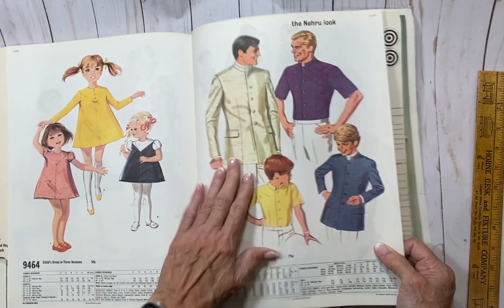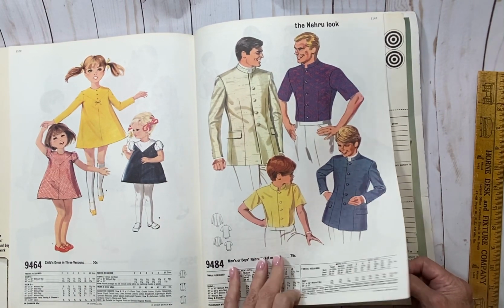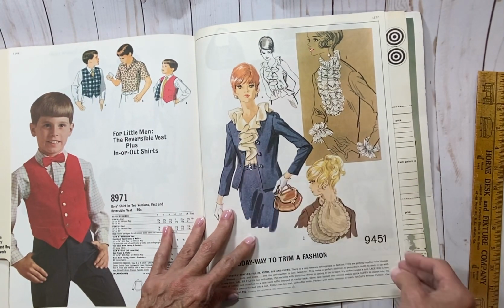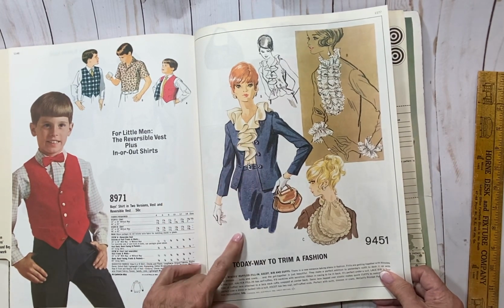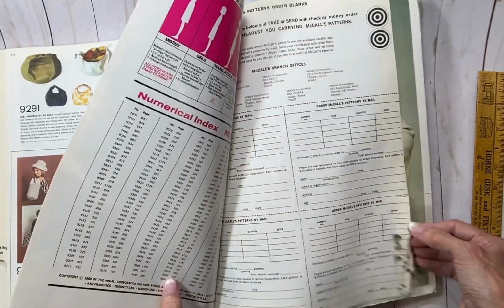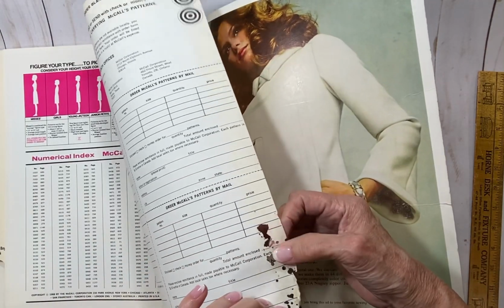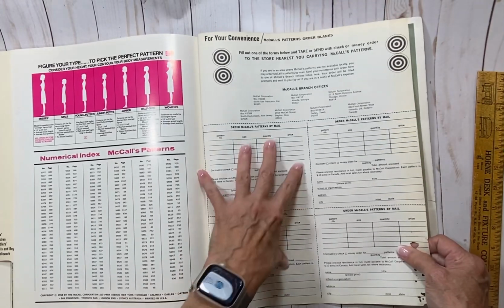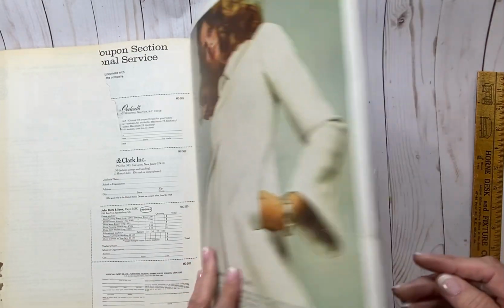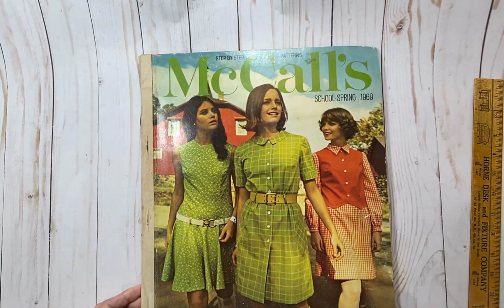Cute. Some guys. We have some guys. Nehru. Remember the Nehru jackets? Oh my gosh. Remember those? And these flouncy collars and things. I didn't have one as a teenager, but those are fun too. So here we are. And so this is some animal eating this. But this is good to use in collages and or journals. So that is the McCalls 1969 School Spring